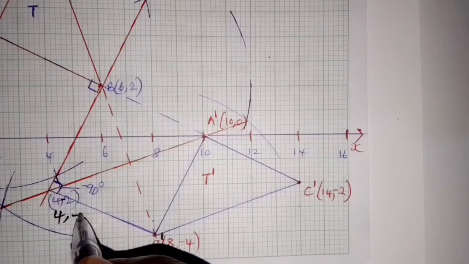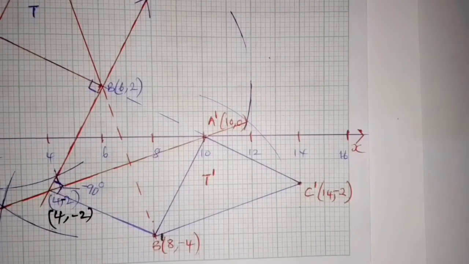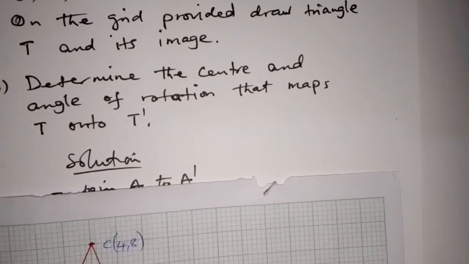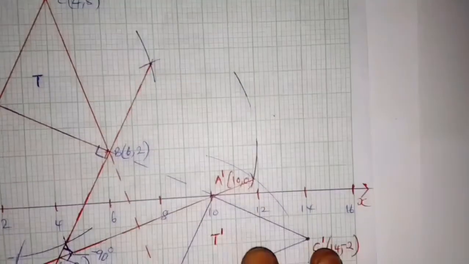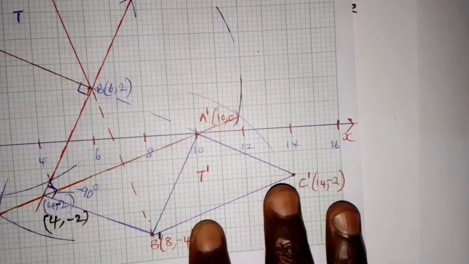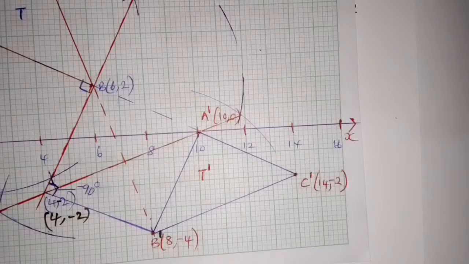4, -2. So that is the coordinate that is required. Then determine the center and angle of rotation that maps T onto T prime. So how can we find the angle of rotation? We find the angle of rotation using a protractor. First of all, we join